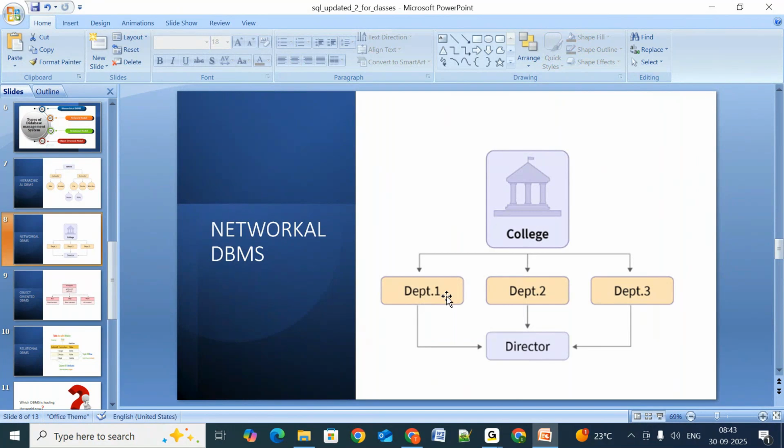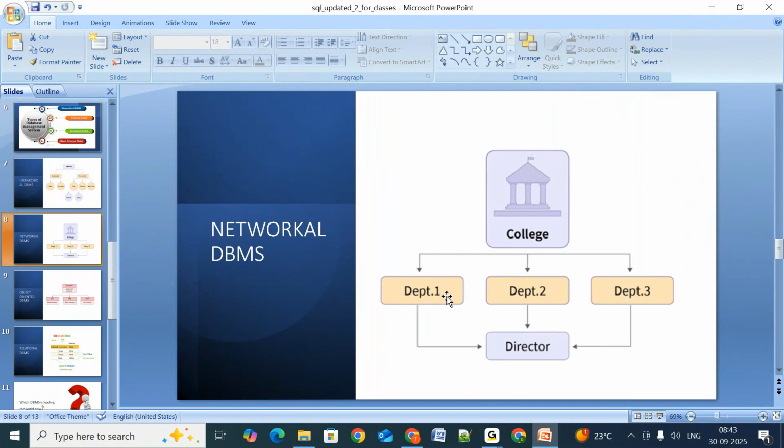If you want to delete department one, there is a chance of losing college details, or a chance of losing director details, because those are interconnected. We can't just remove the relation between those values. We must have a relation for those values, not tables. So here also, if you want to maintain a huge volume of data, we may experience more duplicates.